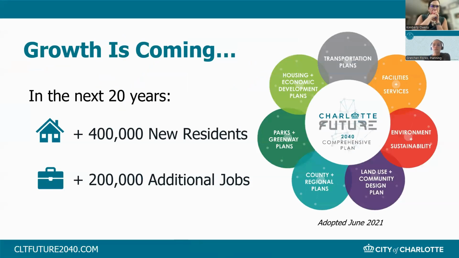So the reason that we undertook the community area planning process is that Charlotte has continuously grown for the last decade or so and is projected to keep growing. In response to that projected growth, the city adopted the Charlotte Future 2040 Comprehensive Plan in 2021, which defines the 20-year vision of growth and development for the city of Charlotte. That plan essentially calls for future growth to benefit as many people as possible. So it was really in response to how to accommodate growth in an equitable way citywide.